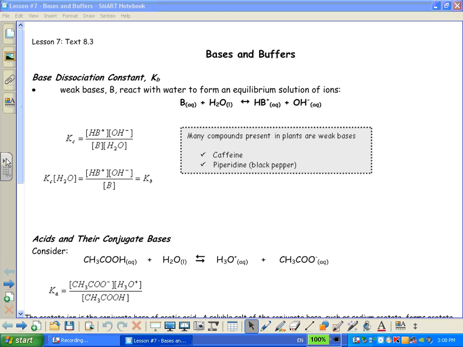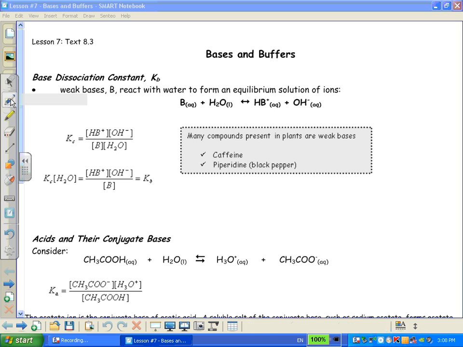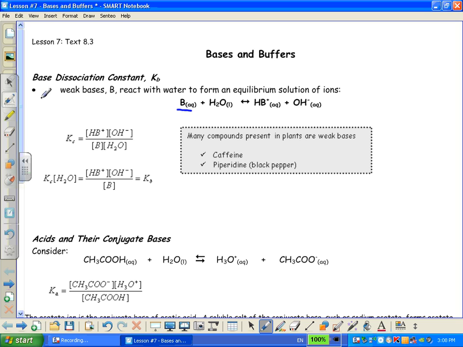You'll see here in this case, the base is reacting with water. It's picking up the hydrogen from the water. So in this case, water is acting as an acid, and it's donating its hydrogen to the base. Here we have HB plus, because it's picked up that proton, it gains a positive charge. And water has lost the hydrogen, so we develop those hydroxide ions,